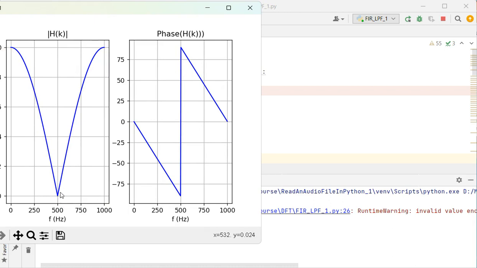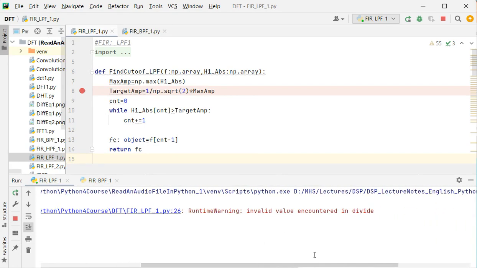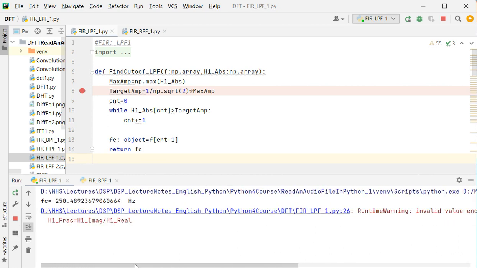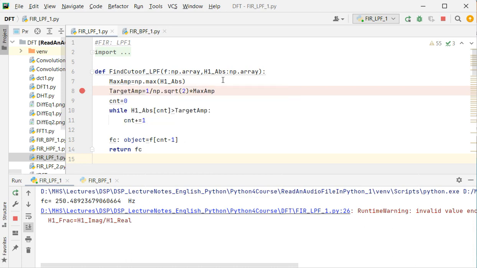Okay, it's a low pass filter and the same phase. Now, here you see a runtime warning, invalid value encountered in divide, because it's going to show 0 divided by 0, not a number or none. Anyhow,